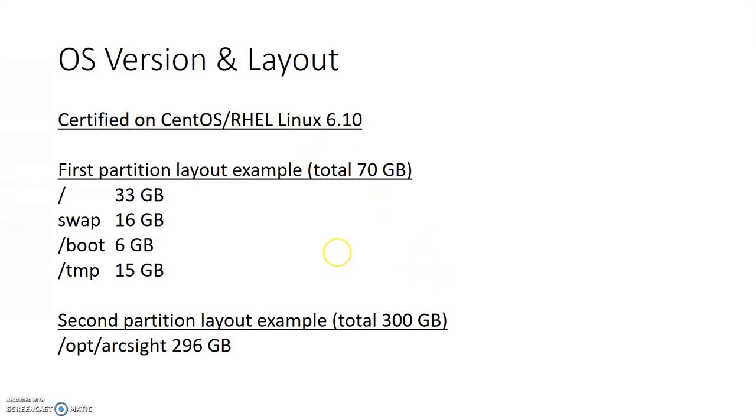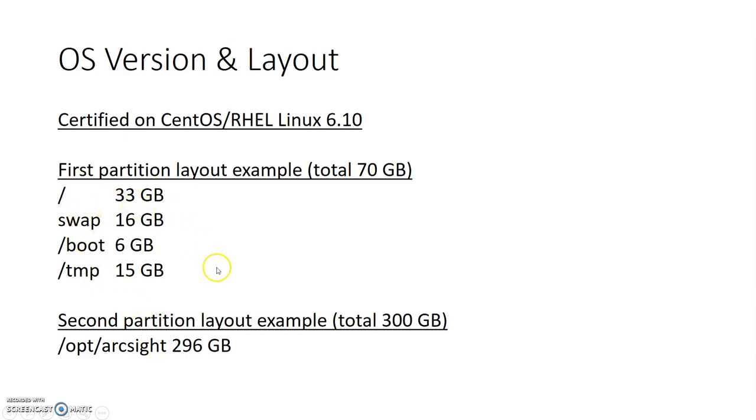And then we will do this partitioning of the file system. If you check the installation guide and the support matrix, you will get this information like what is a certified OS. Actually, it's in the ADP support matrix. For the partitioning, the installation guide gives you the minimum values for